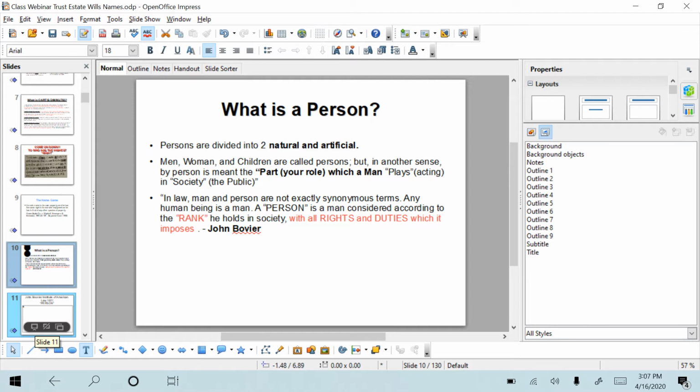The law, man and person, are not exactly synonymous terms. Any human being is a man. A person is a man considered according to the rank he holds in society, all rights and duties which it imposes. Now, if you were to ask me to interpret John Bouvier's Institute of American Law in 1851, I believe that term rank that I have marked in red, I believe he's speaking of